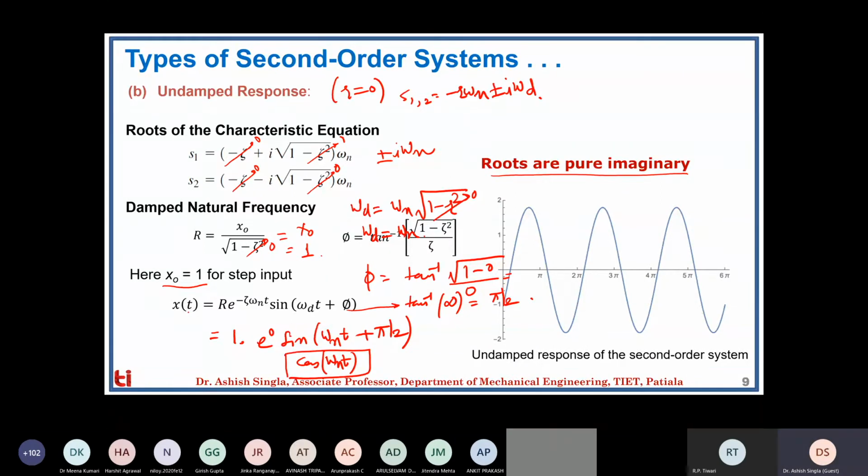So here you can see that once the roots have only the complex part, purely imaginary, the response has only the transcendental function. So there is no exponential decay over there. The response of the system is like a sine or cosine term, where there is no damping, which means the amplitude of the system will remain the same for the rest of its life, and it is not going to rise, it's not going to decay. So once you put the system in motion, it will remain in motion for the rest of its life.